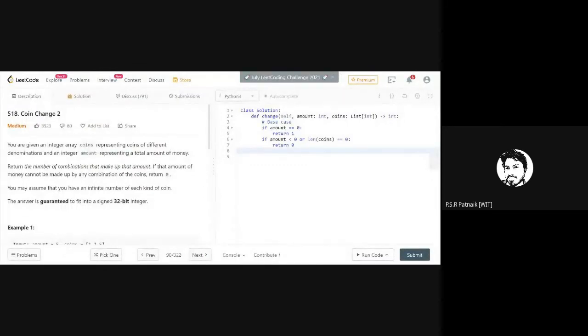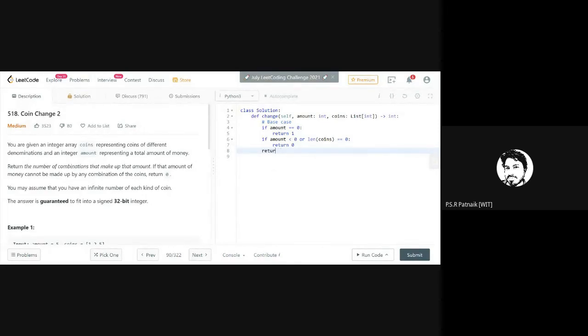What should I do? Can any student give me a hint or any logic which is running in his or her mind? See, here in this case, you have to just return.